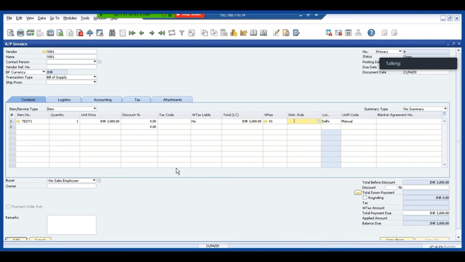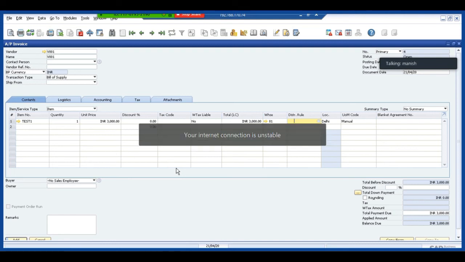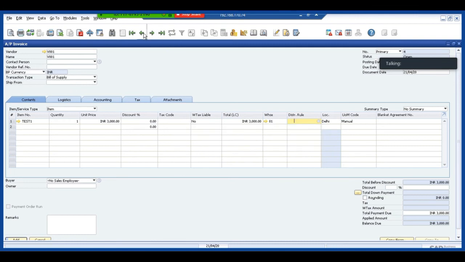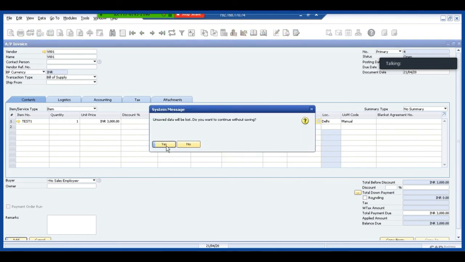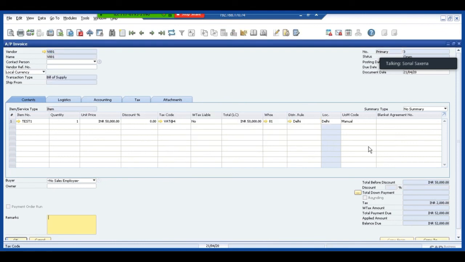Manish, the next question is, after posting an entry, can I modify or update the cost center? No, because anything entered in an AP invoice, or any accounting document, cannot be edited.